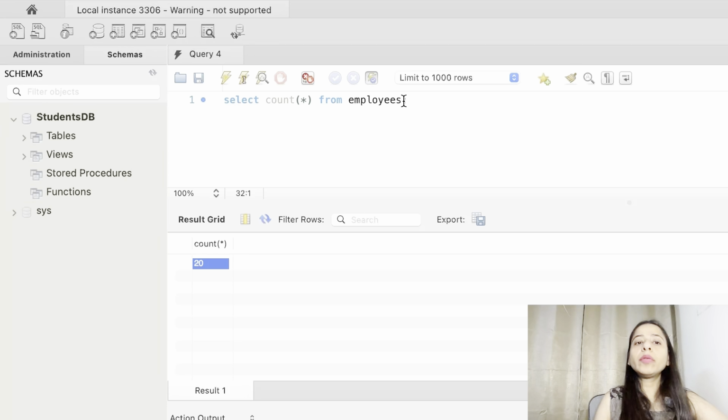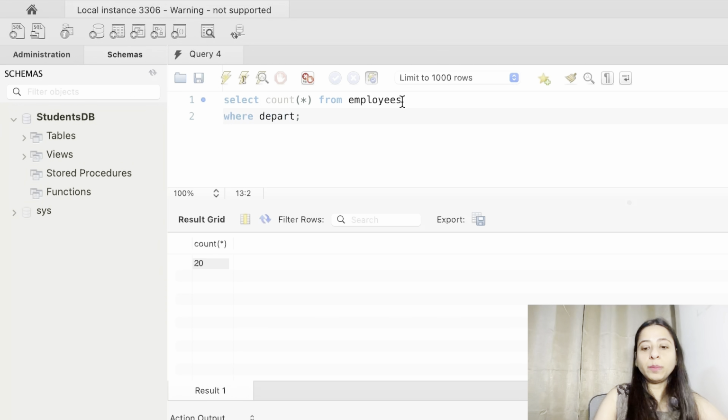Now let's say we want to add a particular condition to this query, where we just want to see the count of employees who are working in, say, the IT department. We can just add a simple WHERE clause: SELECT COUNT(*) FROM employees WHERE department = 'IT'.